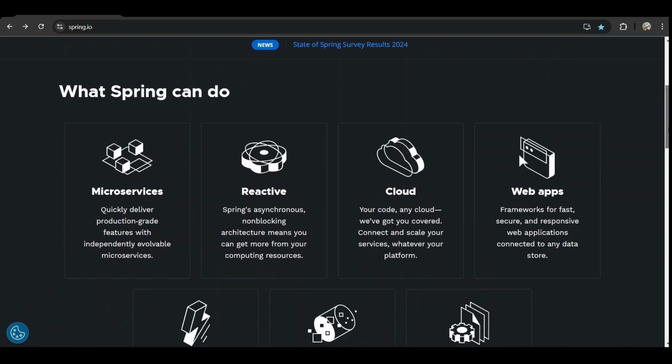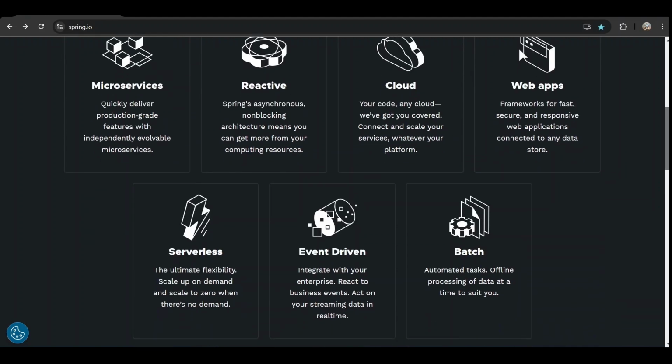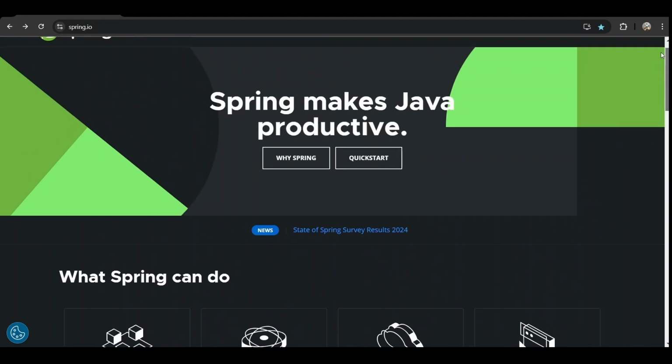See here what we can do with Spring. Yeah, we can use Spring in many things. We can develop enterprise applications, web applications, anything from the Spring framework. Okay, it is reactive, batch, event driven, serverless, etc. It is built for Java. And yeah, for Spring Boot,